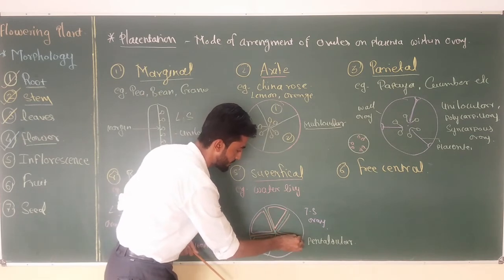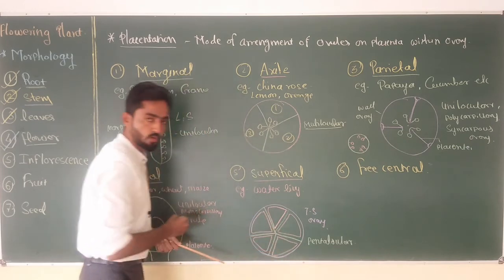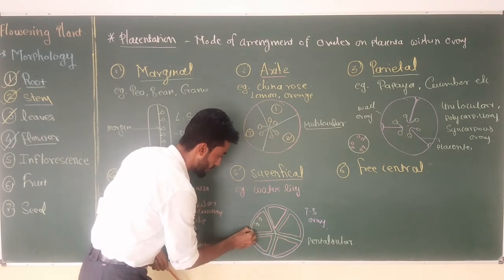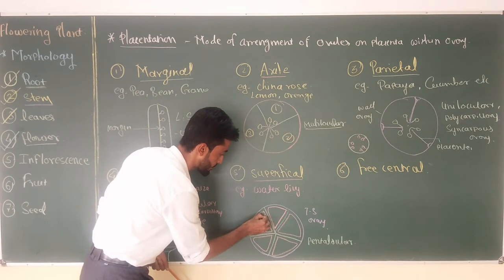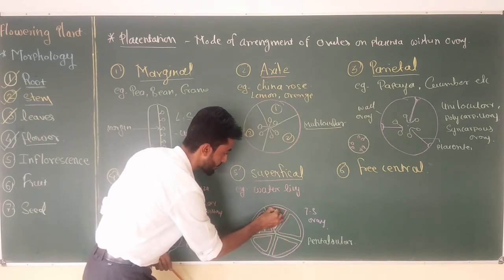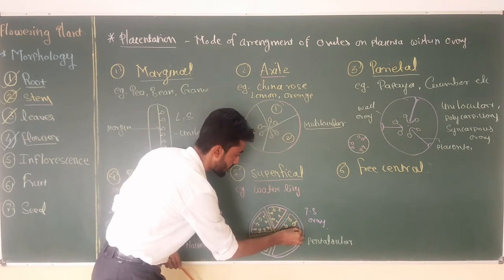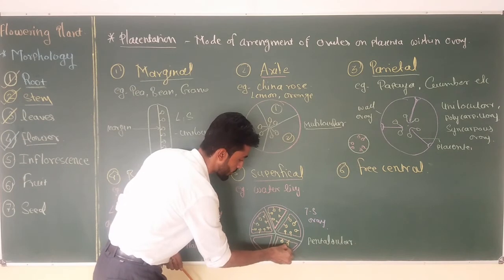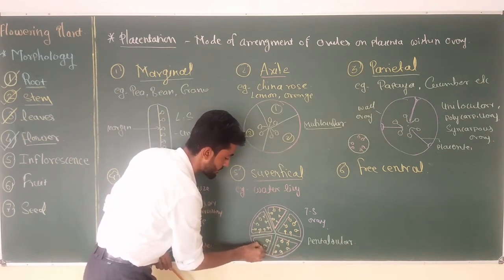And now we know that if the placenta is present, ovule can grow to each wall of the ovary. So in this type, you can find ovule attached to the placenta like this. Ovules are distributed superficially on every wall of the ovary, so it is called as superficial